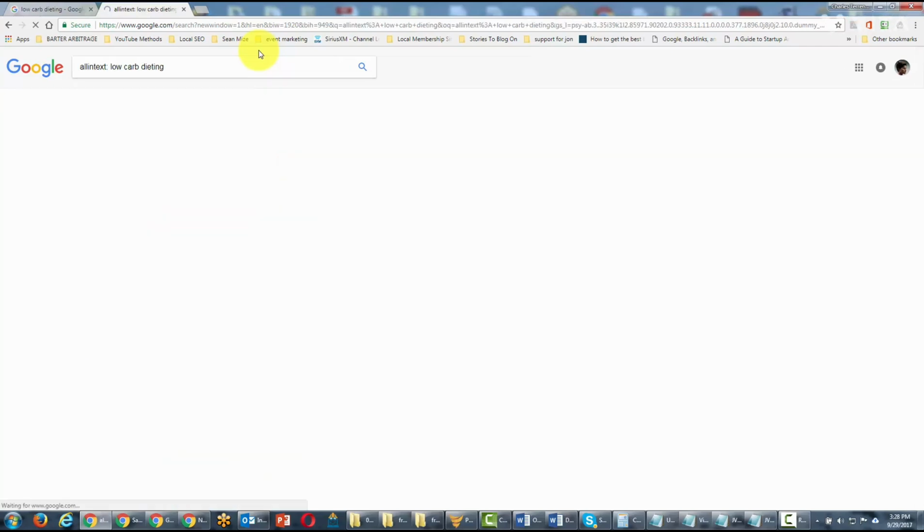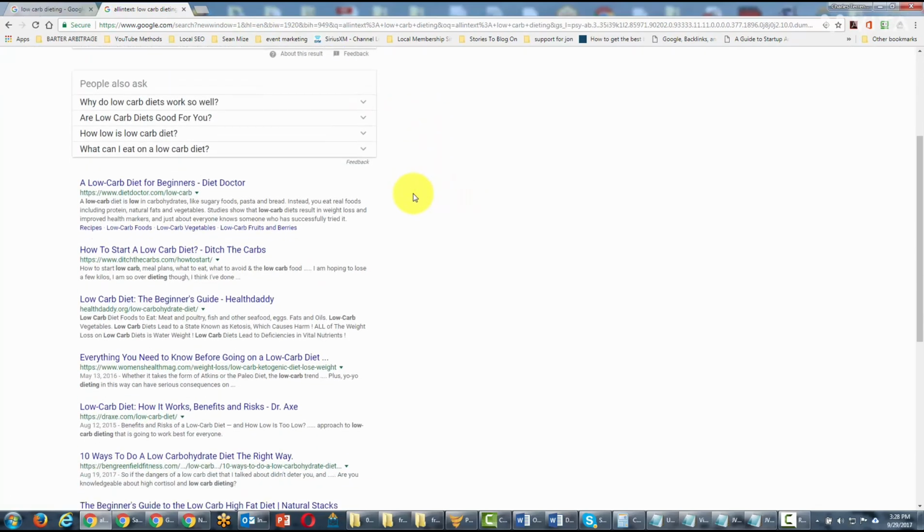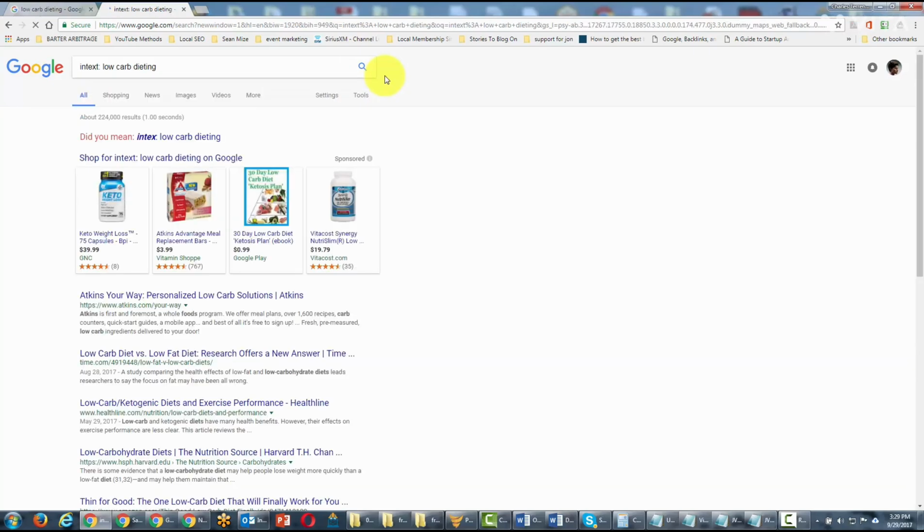What's going to happen is we're going to hit enter, and then we're going to get a different set of search results. And what we're saying is that we want these three terms to definitely be on the page. Now we can also use a similar term, intext. Now intext is slightly different. You're going to notice that the search results are actually going to change.